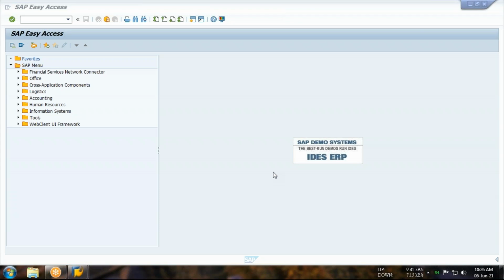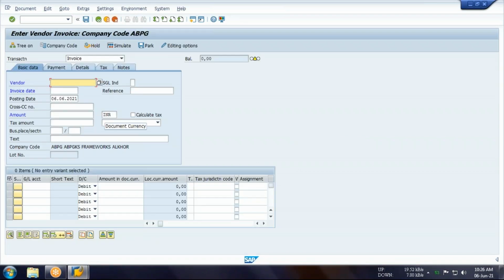Okay, now guys, let's start with the payment option. FB60 is the T code for invoice posting, simple vendor invoice posting. First you need to check your company code on this page if you are practicing after a long time. If this is not your company code, first you have to change it.